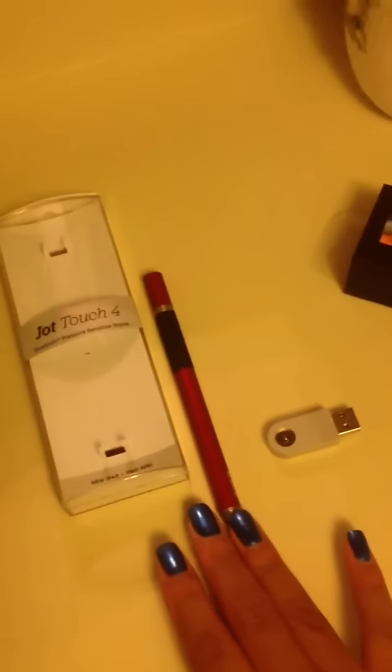Nothing was wrong with this stylus. You also get a replacement tip with this. I don't know what I did with it. I don't know if I have it in here, because if you slide this out,